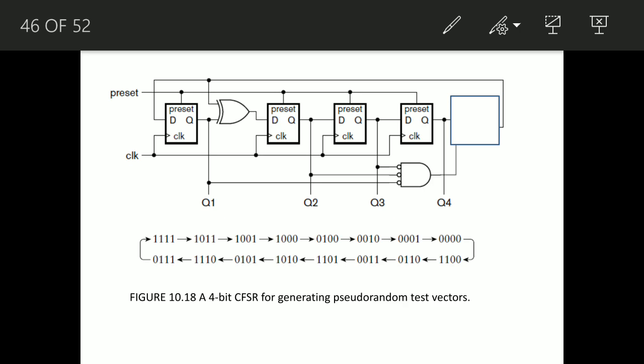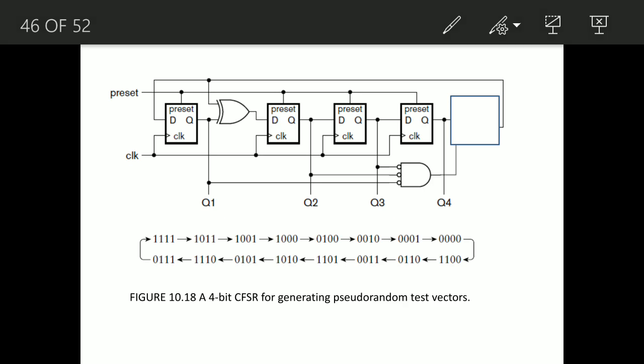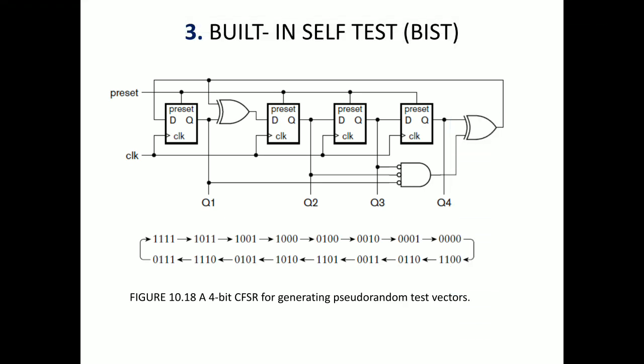To generate another sequence 0 0 0 0, that circuit is an XOR gate. Again we are using an XOR gate. Why we are using XOR gate, that we will also tell. We are giving the output of the three inverted input AND gate as input to the XOR gate, and the XOR gate's other input is Q4. The output of this XOR of Q4 and the inverted-input AND gate is fed back to the first flip-flop. So we can generate 0 0 0 0.